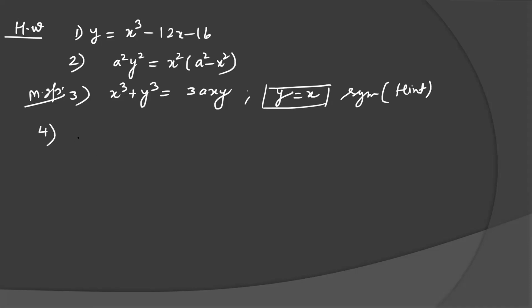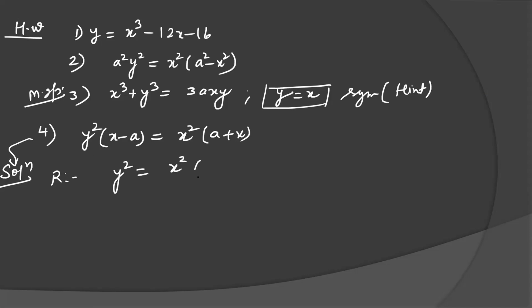Fourth, I am going to discuss here y square times (x minus a) equal to x square times (a plus x). It's a similar problem to the previous one, but in that case it was a minus x, but here it is x minus a. So the entire thing will change due to one negative sign. See the tracing here of problem 4. Now I am going faster.